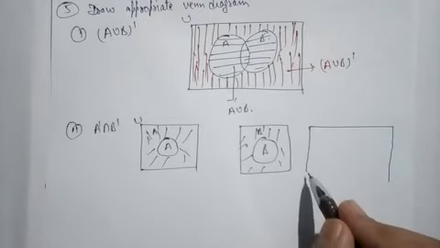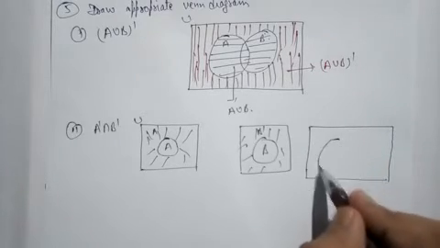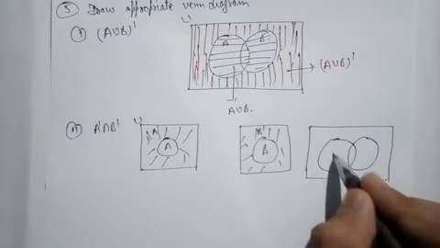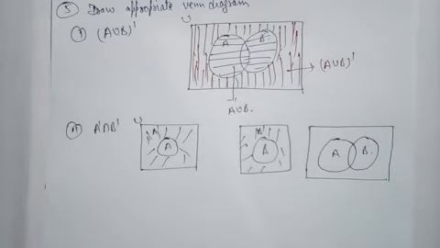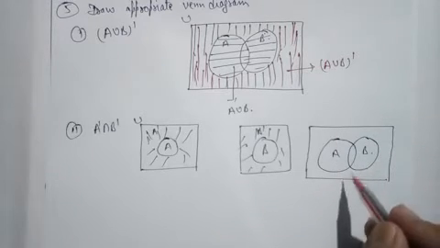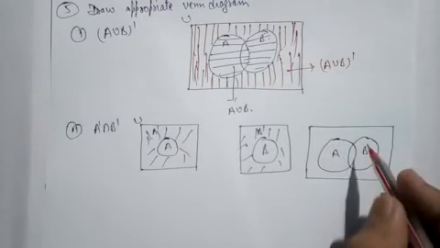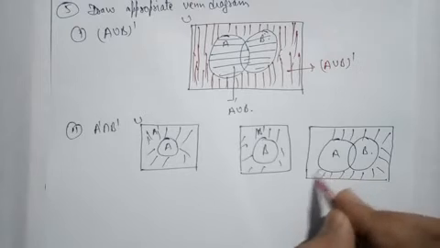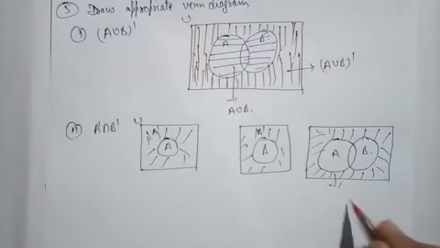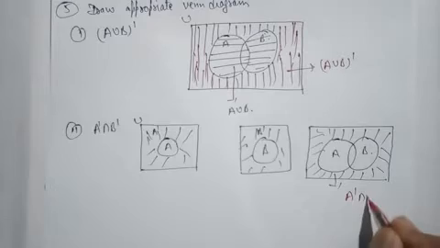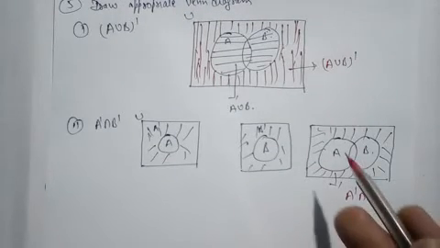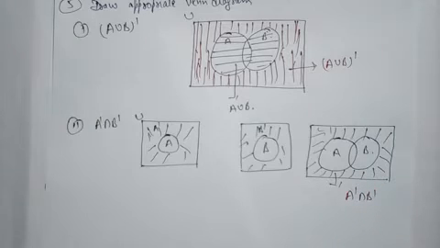If we write the common part, so this is A, this is B, so the exterior of A and the exterior of B, and its intersection, so what will their intersection be? It will be this. So this represents A complement intersection B complement, and both are equal. Whether A and B are joint or disjoint, it can be both.